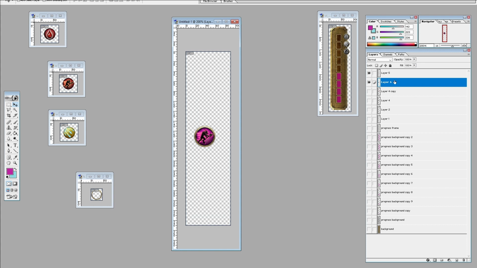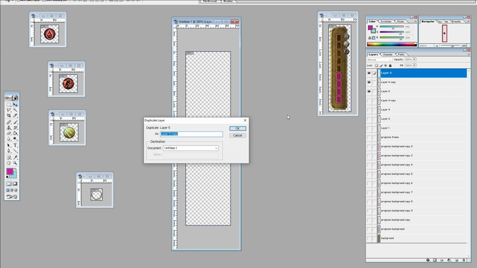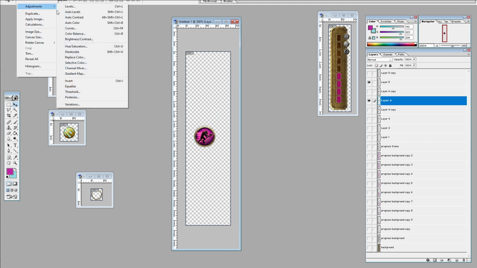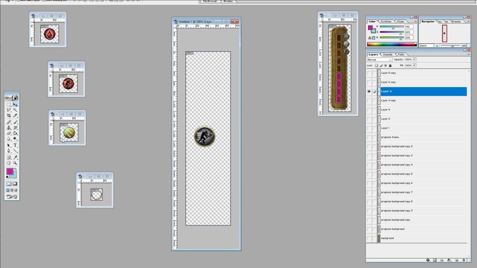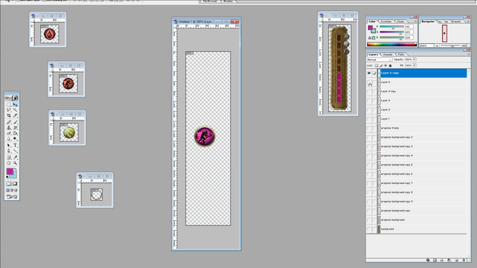Yep, that's good enough. And then we want to make a duplicate of that, and a duplicate of the ring, and then hide one of each, and then desaturate this icon so that we have the disabled version, and then combine the ring and that desaturated version. So merge visible layer, and then select the other two. So we've got the active version, and make sure we got the layer selected, and then merge visible layer. Okay, so we now have